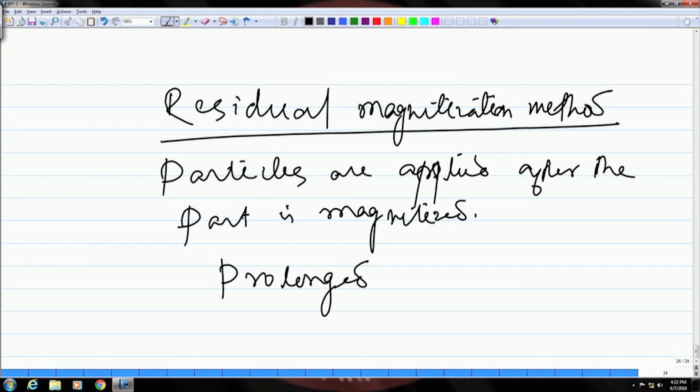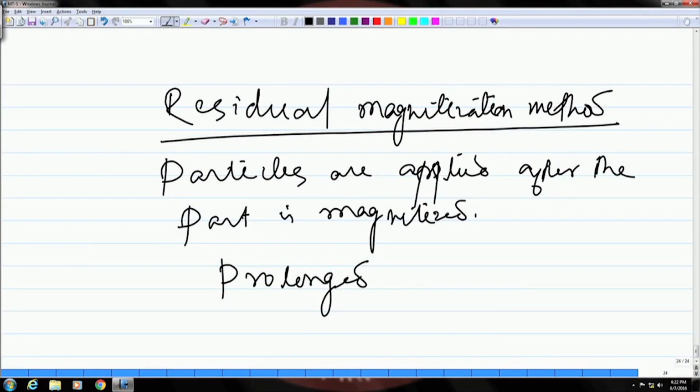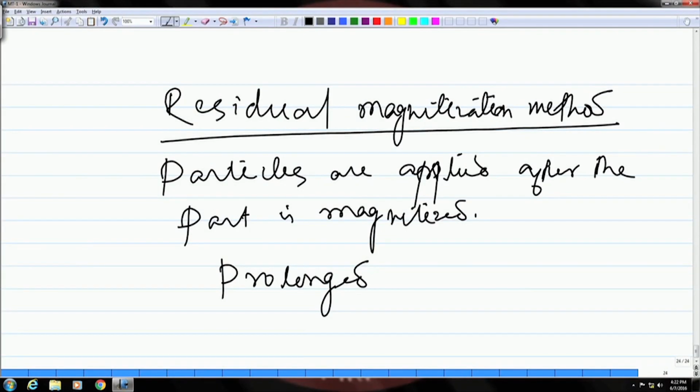So, where a low viscous liquid cannot be used, you have to use a viscous liquid which can stay on an overhead part. Since in that case the viscosity is high and the mobility of the particles is low, you need to do the magnetization for a prolonged time. That is why that method is known as prolonged magnetization,